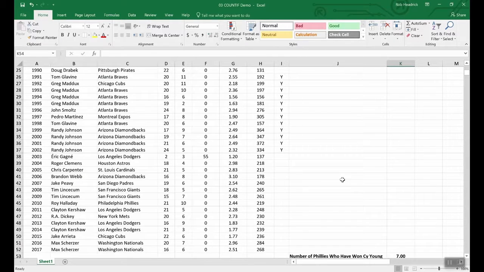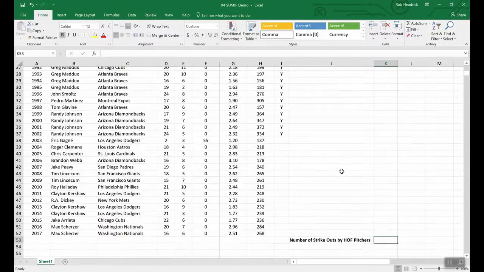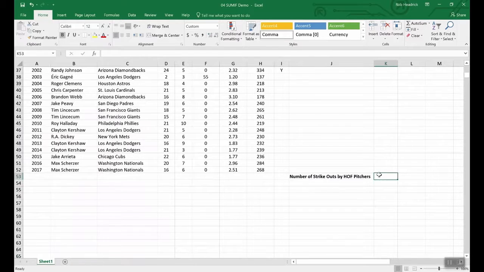So let's move on to the third statistical function. This is the last in this group, and it's called SUMIF. Let's return to our Cy Young Award winners list and use the SUMIF function to show us the total number of strikeouts by the pitchers on this list who are in the Baseball Hall of Fame. We have our placeholder down at the bottom here. As always, we start with our equal sign, and we do SUMIF,